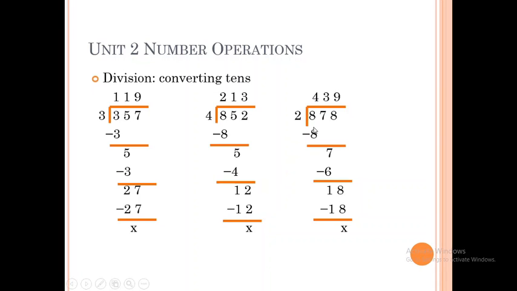Step by step, always start from the hundreds side, and if something is remaining as remainder here after subtraction, it will combine with the next number until you divide all the hundreds, tens and ones. If something remains here at the end, that is the remainder, but in between it can combine with the next step and you can divide it. This is the way to divide a number, that is called converting tens into ones. 1 ten is remaining here, it combined with the ones. 2 tens are remaining here, they combined with the 7. 1 ten is remaining here, combined with the 8, and in the last step you can divide it.